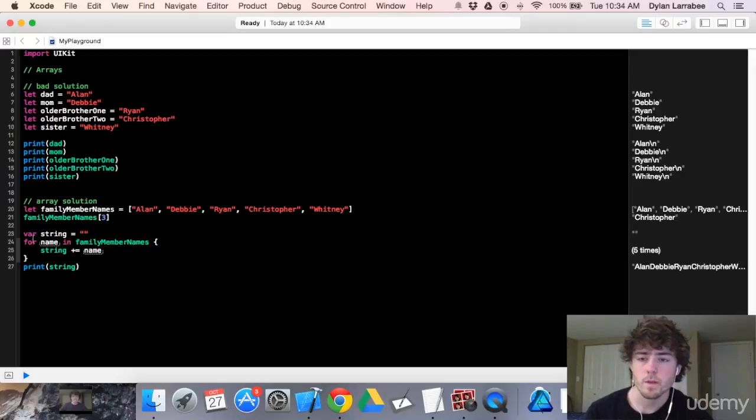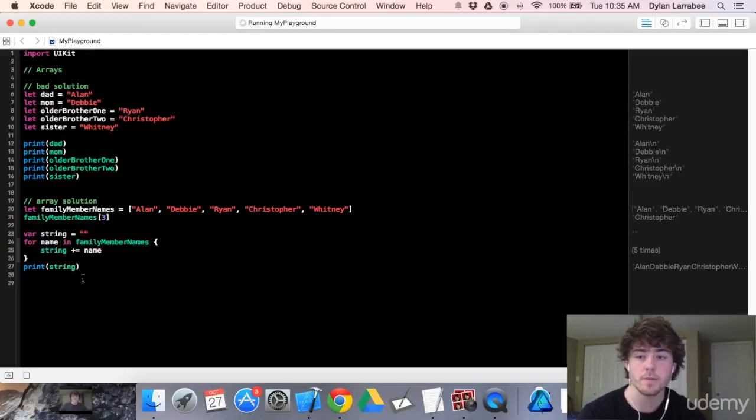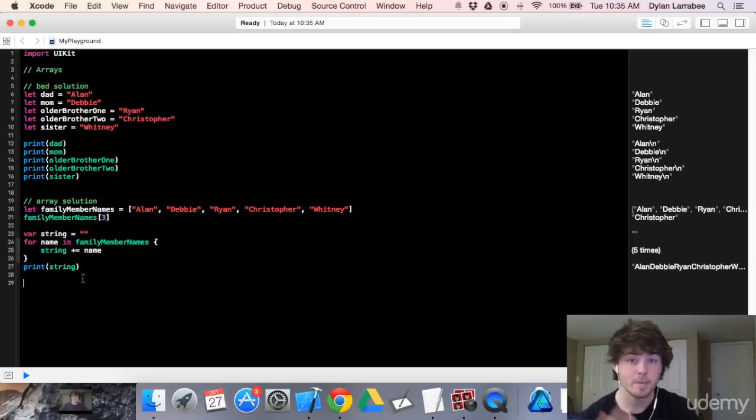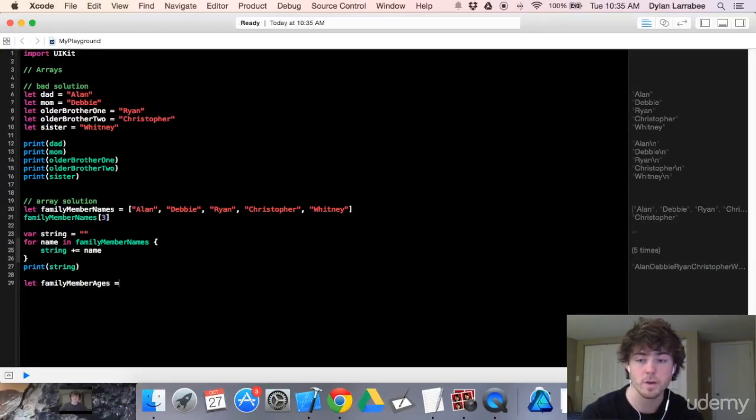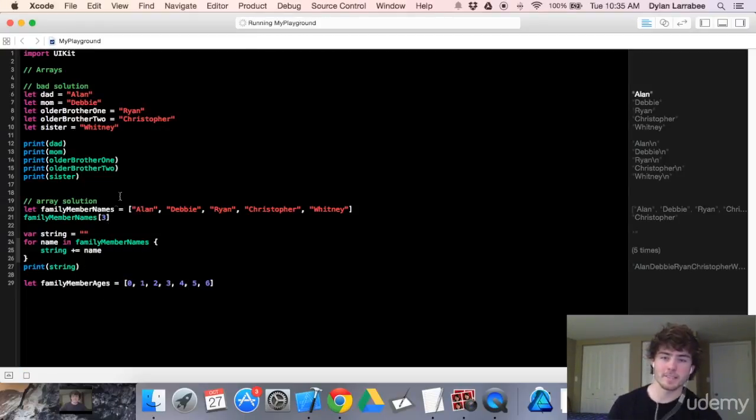So that's a much cleaner way of looping through and printing out all the names in an array. So yeah. One thing you should know just to close this off is arrays can have any type of data type, and they can have objects as well, which I'll cover in the next video. So I can say let family member ages be, this can be like a new array. I can say it's like 0, 1, 2, 3, 4, 5, 6, however many you want. Obviously, these don't actually correlate to the ages of my family members, but